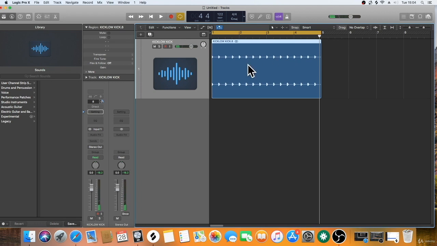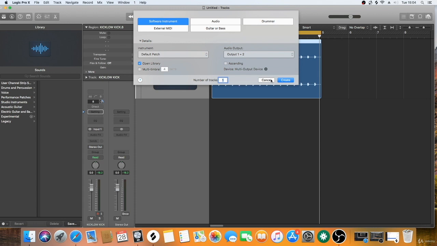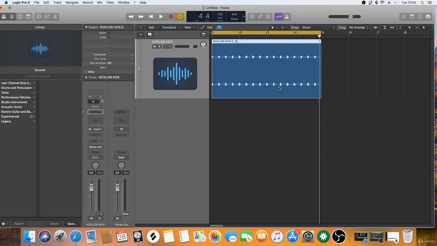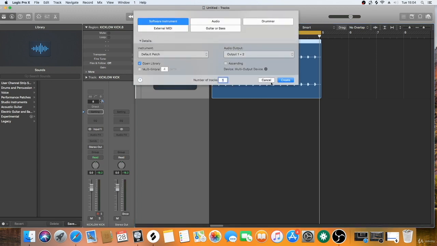So this kick is your low kick. When I'm making drums, I always like to have 2 kicks: one for your lows and one for your highs. Also, I like to use audio when I'm doing drums. I just like to drag the audio in and slice the drum sounds that I want. I find that the easiest way, but people also like to use MIDI to create their own drum packs